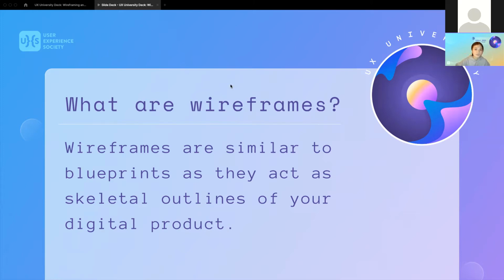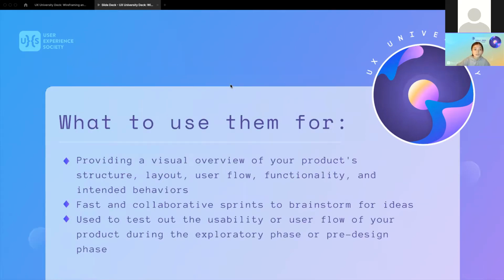So what we use them for, mainly we use them to provide a visual overview of your product structure, layout, user flow, functionality, and intended behaviors. So it's important that before you even get to sketching your wireframes, you have your user flows already in mind. You know what your product is gonna be for, and you have your intended behaviors for your users already in